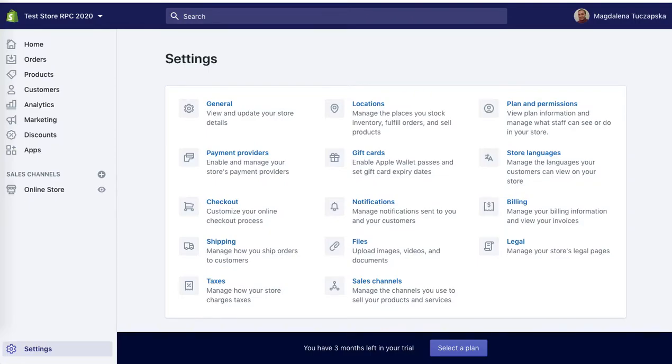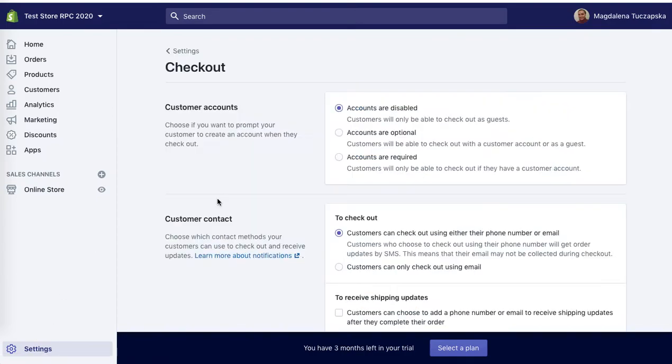Now let's customize the checkout experience. So go to Settings and Checkout. On the next page, we will be able to choose a few elements. So whether you want the accounts to be disabled, so you don't want clients to create an account during the